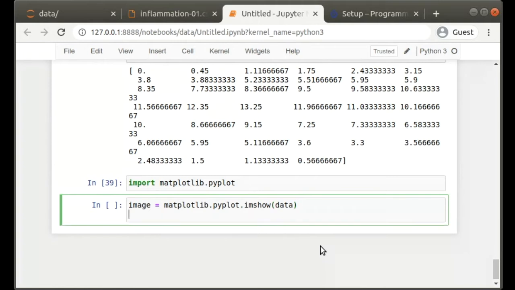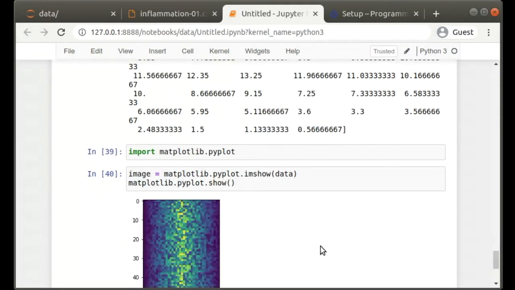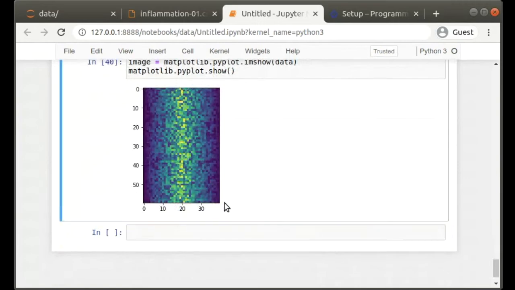Well, we click enter, and then we can use matplotlib.pyplot.show. So if we execute that, we can see a